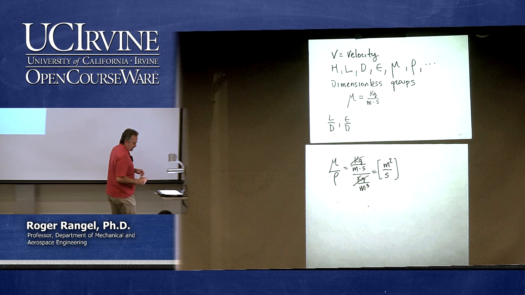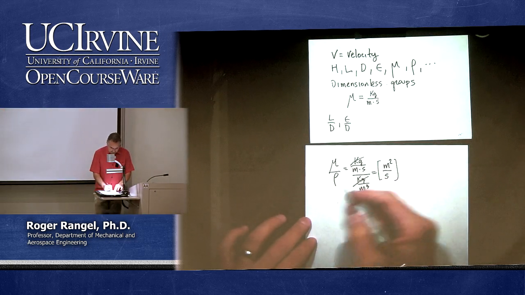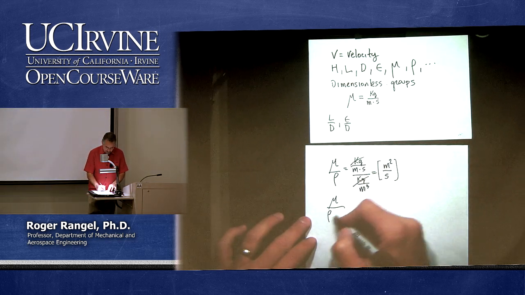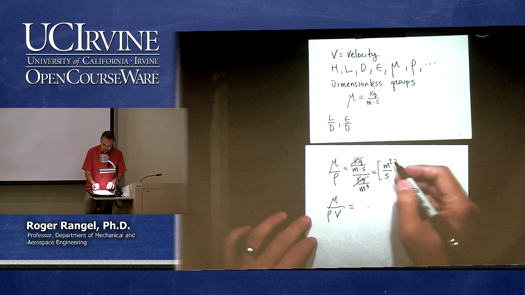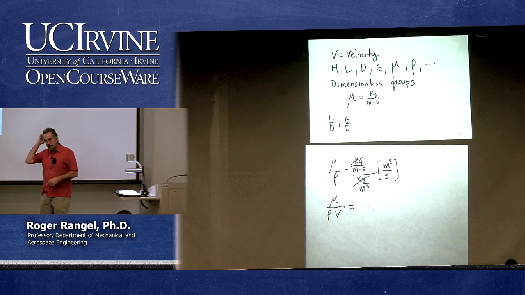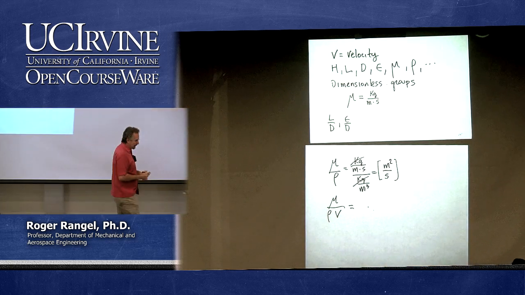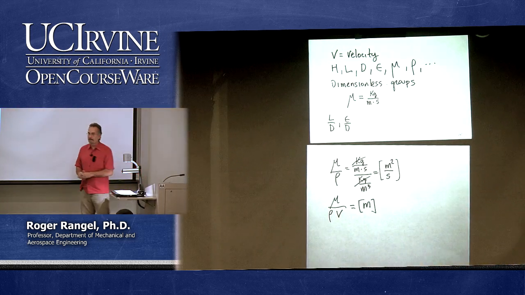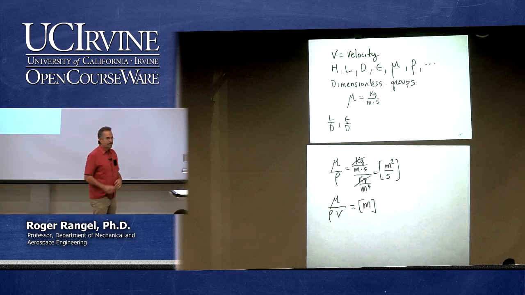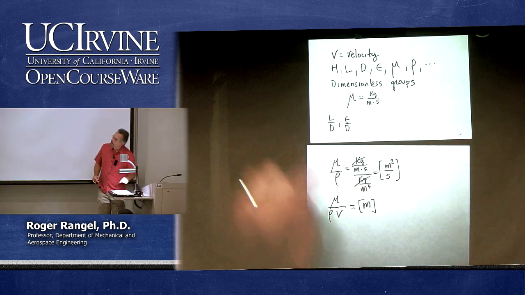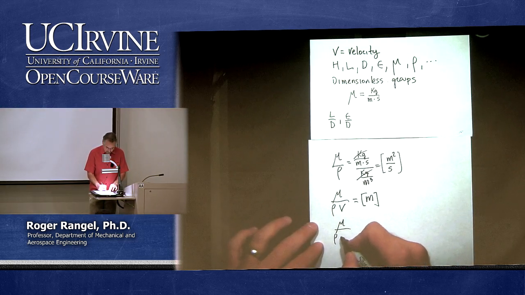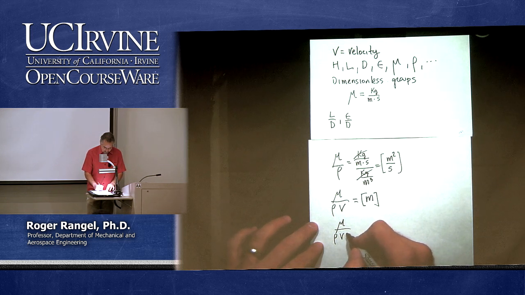What do I do with a velocity? Let's divide, right? So you say mu over rho, that we got first, and now divide also by velocity. That is going to divide this by meter over second, so I'm going to be left with what? A meter. And if I want to get rid of the meter, divide by a length. Since we've been using the diameter before, let's divide by the diameter. So if I take now mu over rho v d, now that has no units.